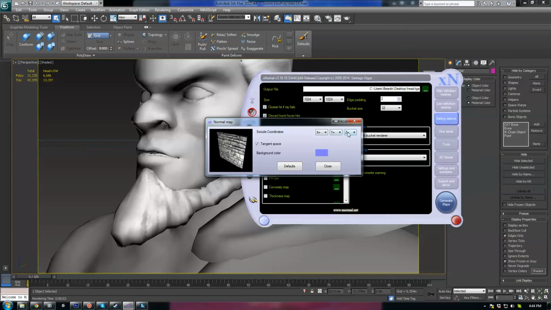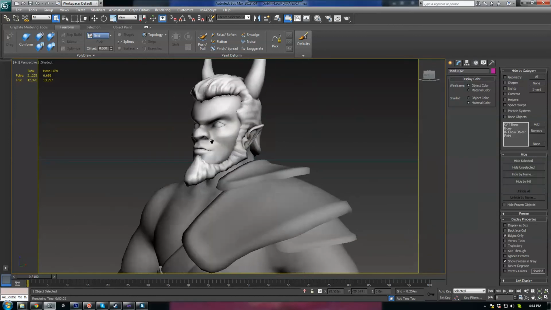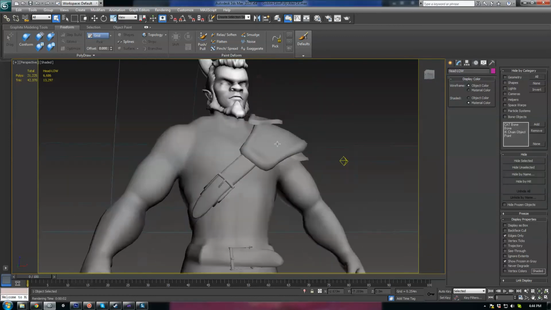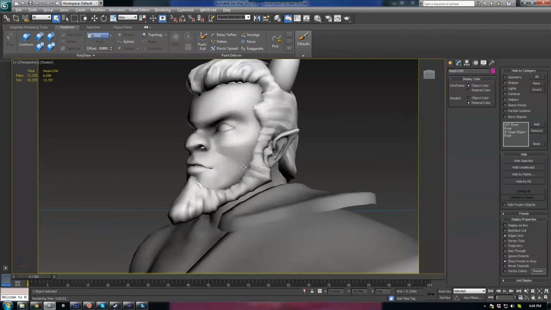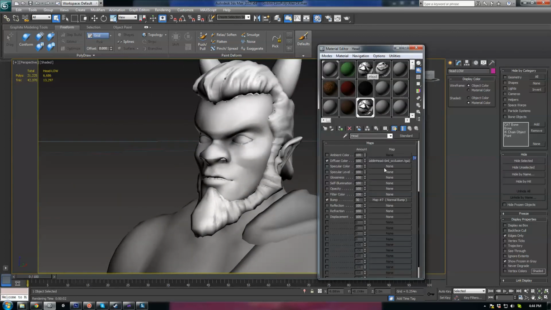It'll be X, Y, Z, and they all have plus signs beside them. Make sure you set the Y to minus. Y controls the height of your normal map, and it needs to be set to minus for it to generate properly for Unity and I believe for Unreal as well, and it'll look better in 3D Max too. So anyway, hit bake on a higher resolution setting, and then you should have